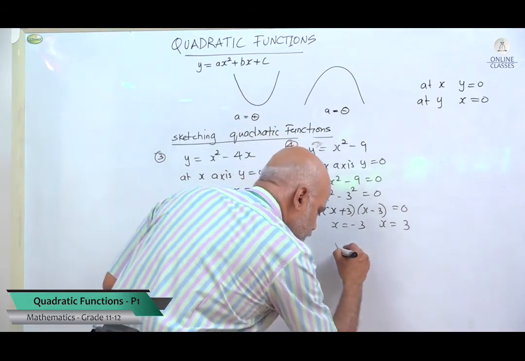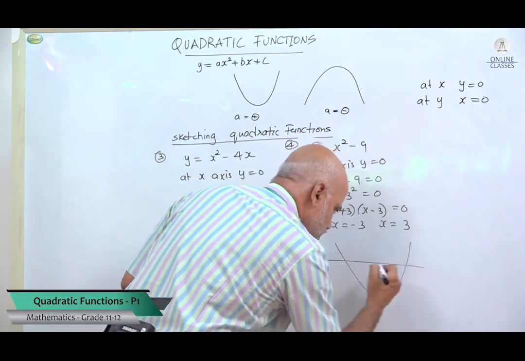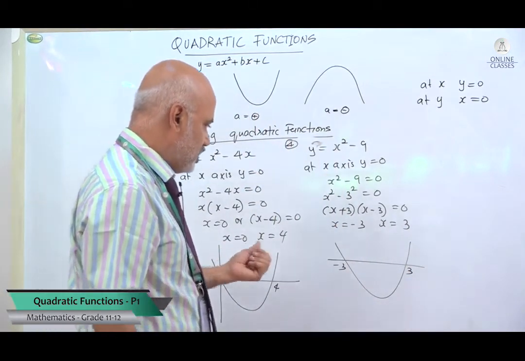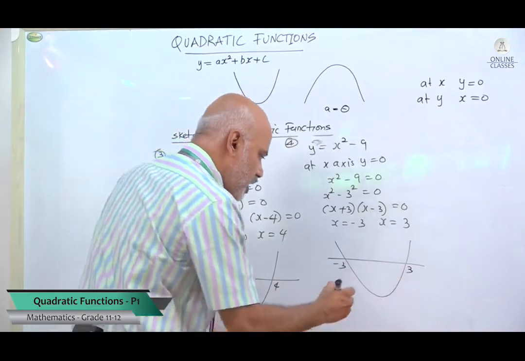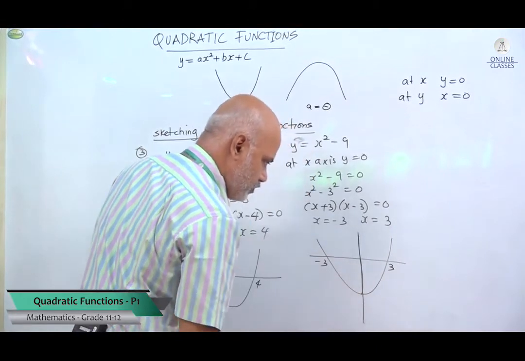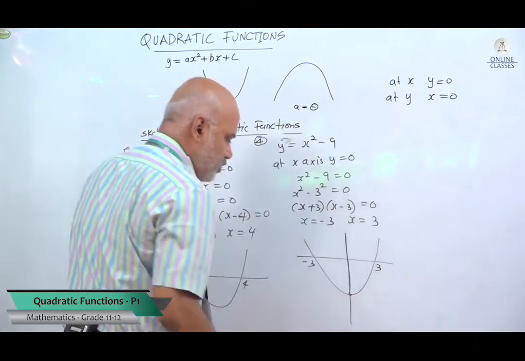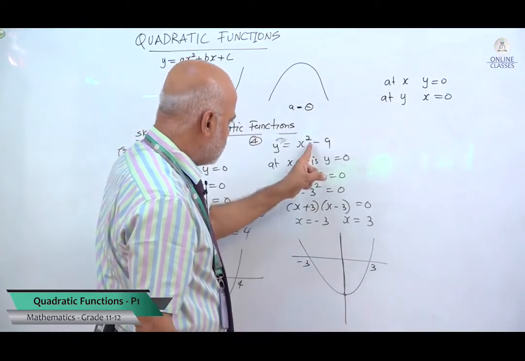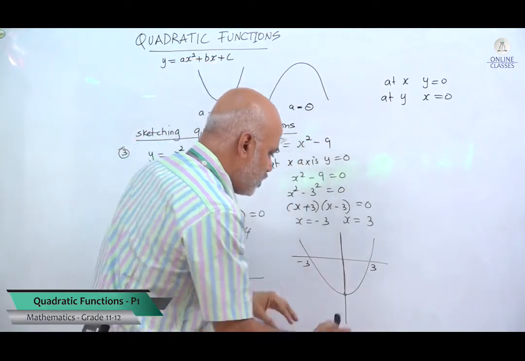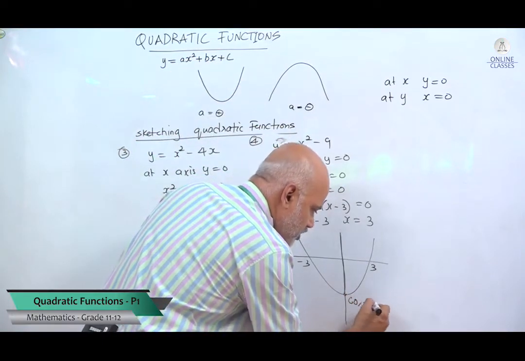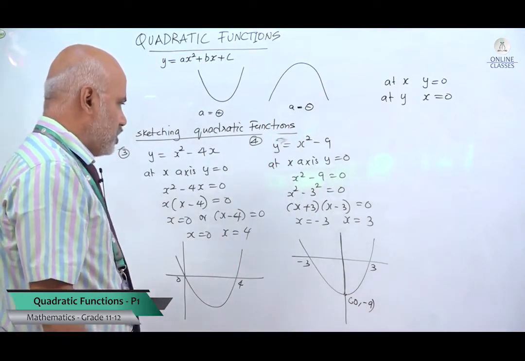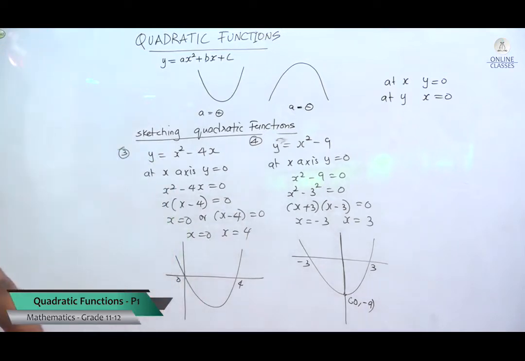So how do I sketch? Normal sketch, x-axis, minus 3 and plus 3. Unlike the previous question, the distances are equal. So where should I keep my y-axis? Exactly at the middle, between minus 3 and plus 3. What about the intersecting point with the y-axis? At the y-axis, x is 0. When you take x is 0, y is equal to 0 minus 9, so you will get minus 9. So the x coordinate is 0, the y coordinate is minus 9. These are some basic ideas of questions. I will give you some questions to work out for practice.